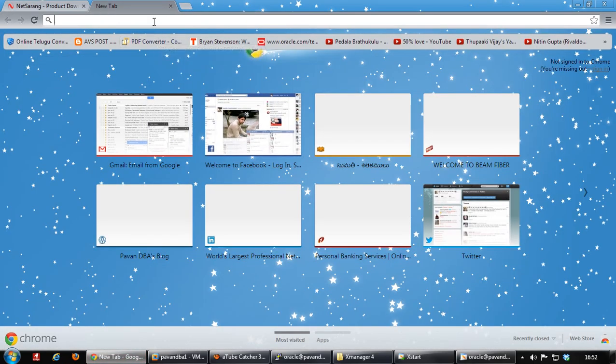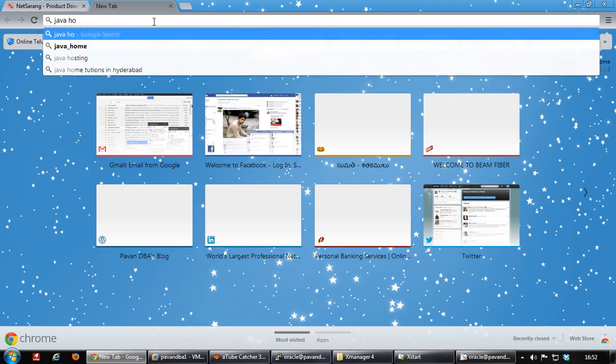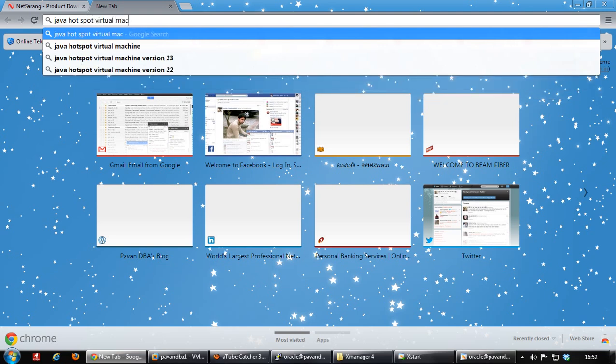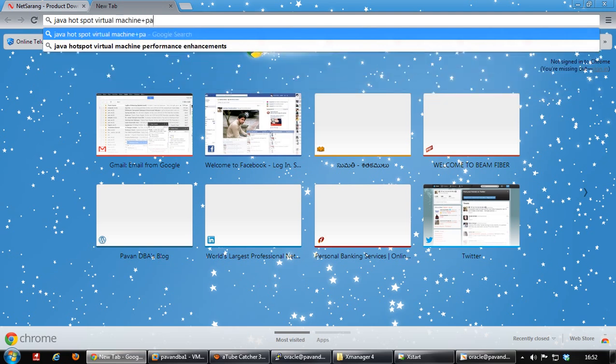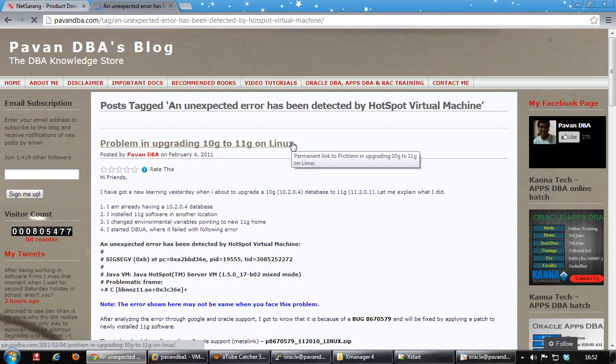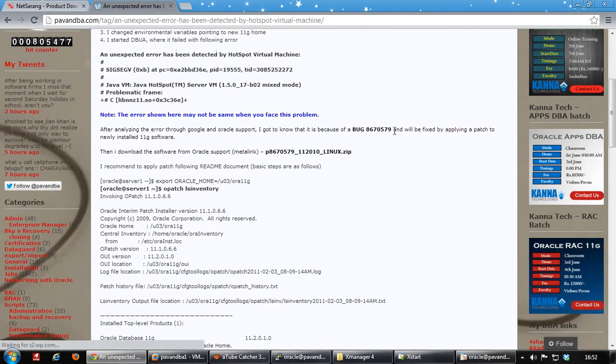You can search for that by typing in Google like this, Java HotSpot virtual machine plus Pawan DBA. The first link that you would get will be discussing this error. The moment you open that, you can see that this particular error is observed because of this particular bug,